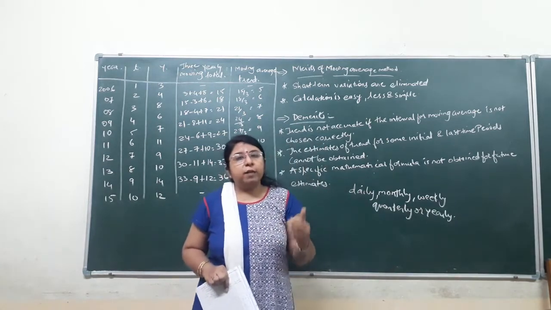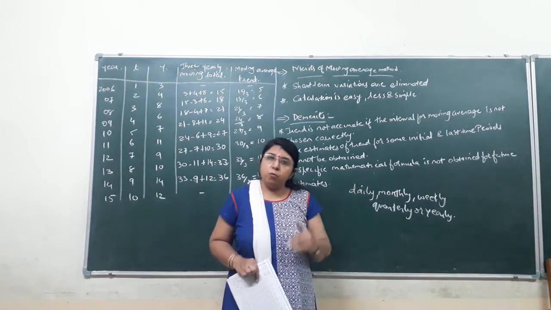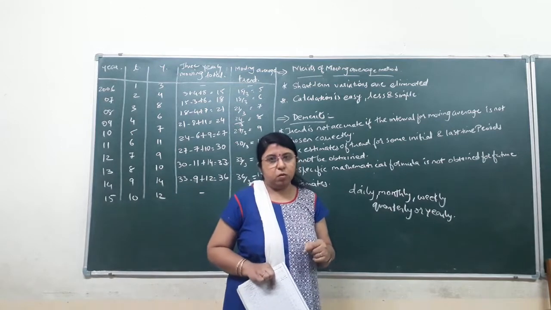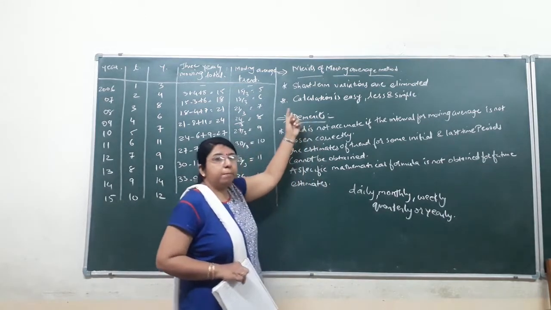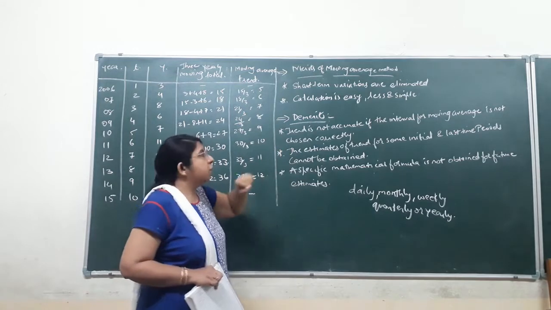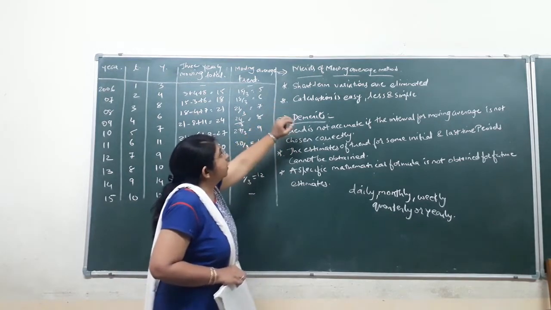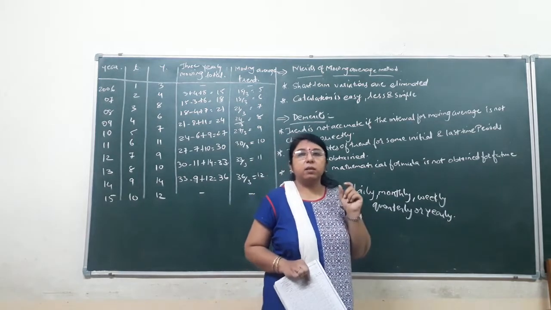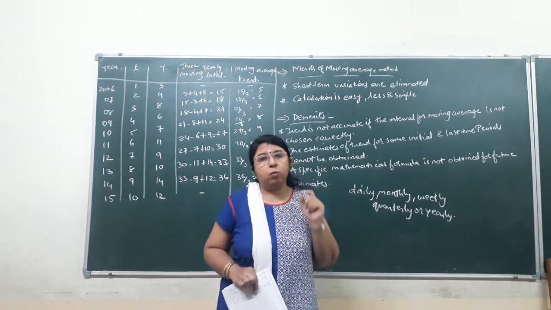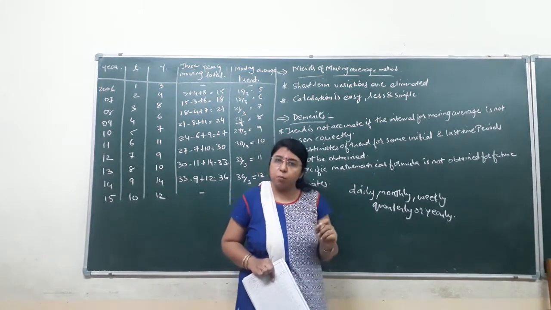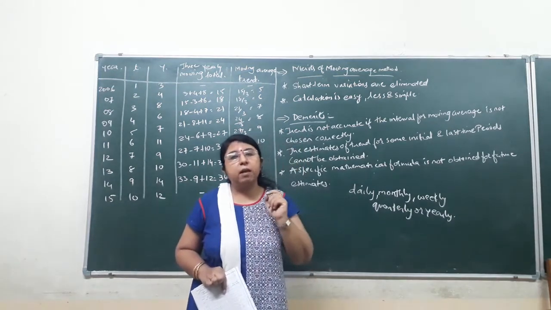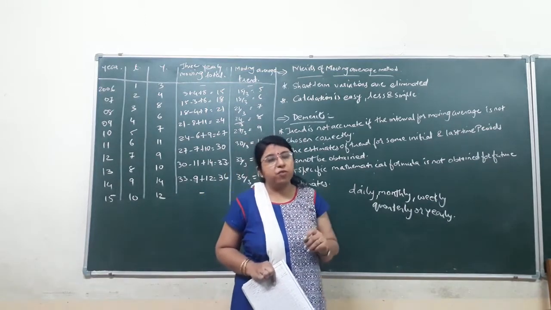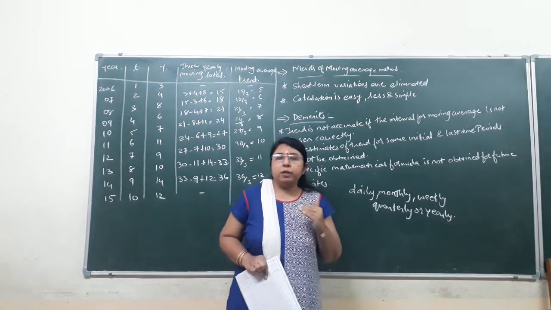Okay. So before starting with the practical sums of moving average, let us discuss the merits and demerits of this method. As you can see on the board, I have written the merits and demerits of the moving average method. First of all, the merits. The first point is that short-term variations are eliminated. Already I have discussed in the meaning of the moving average method that whatever short-term variations or components existed in the least square method are eliminated or removed in this method. So that is one of the advantages of this method.